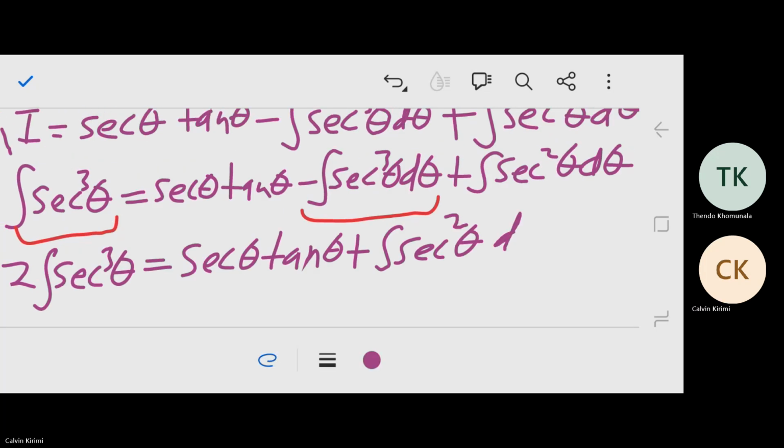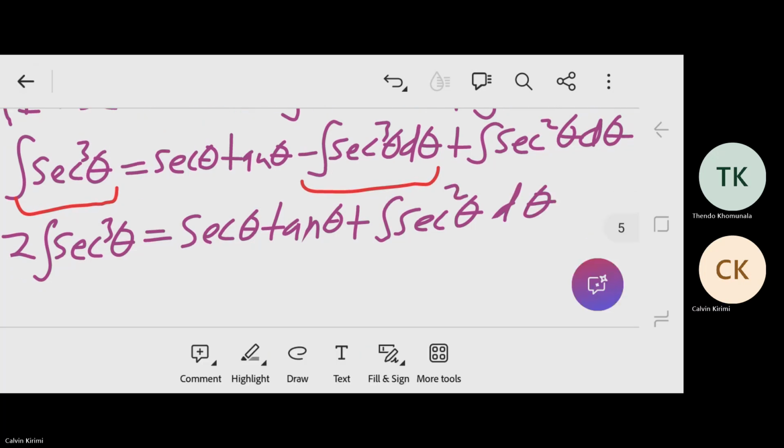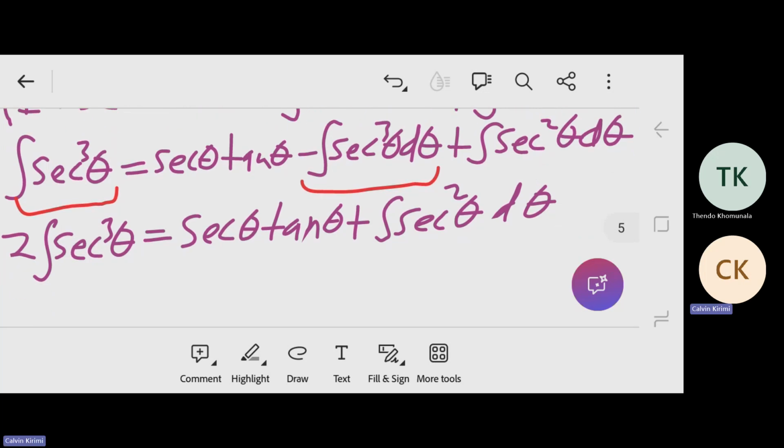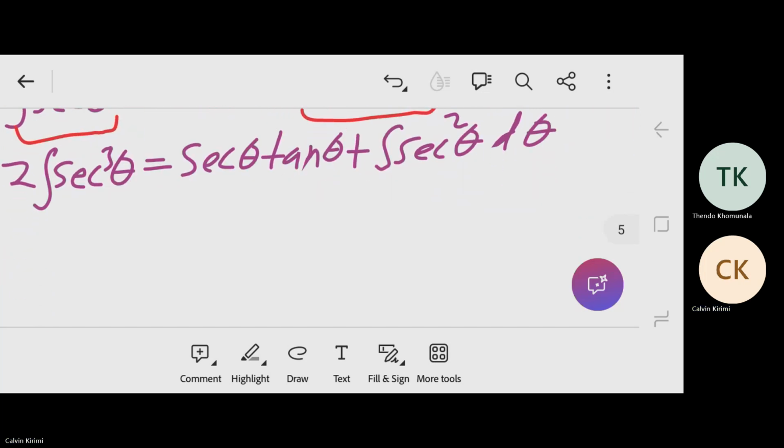That's it. All right. So that's where we are. Then from there, say